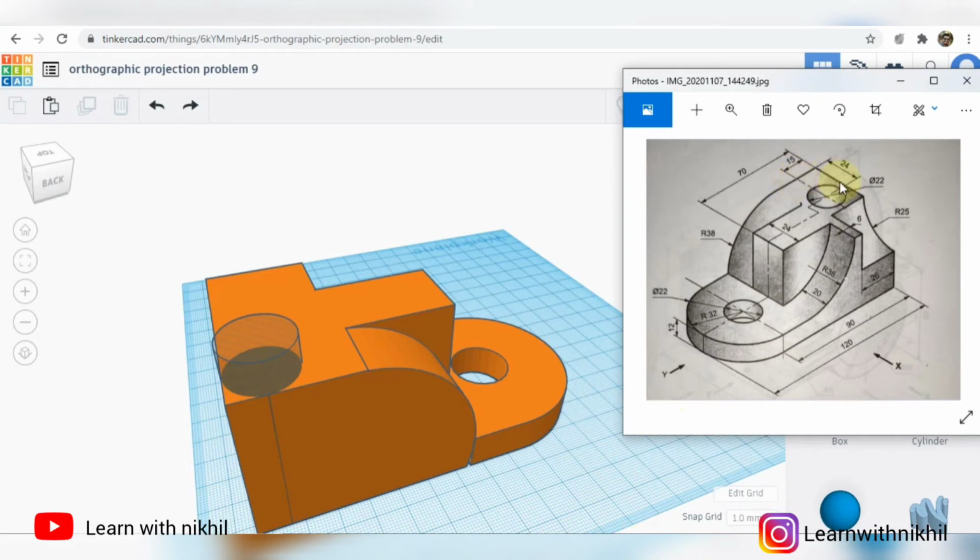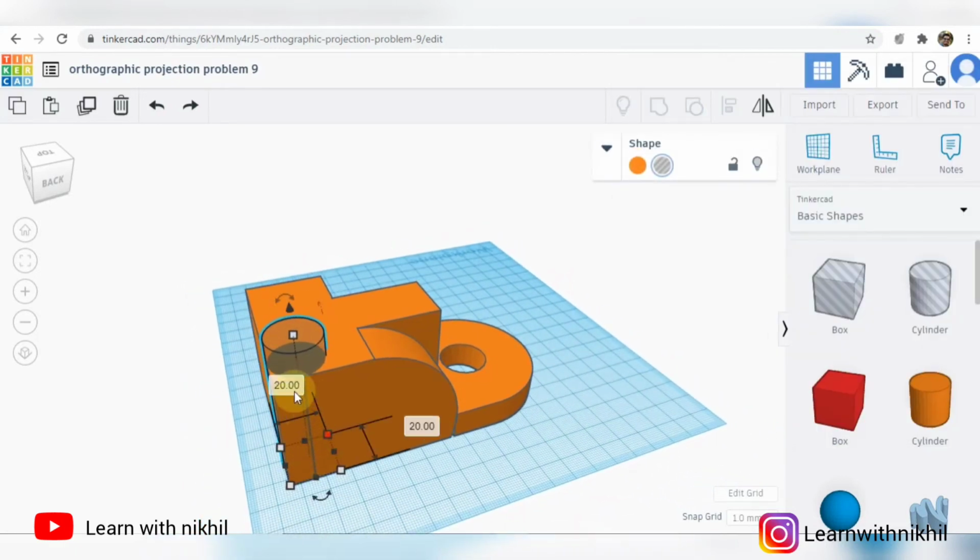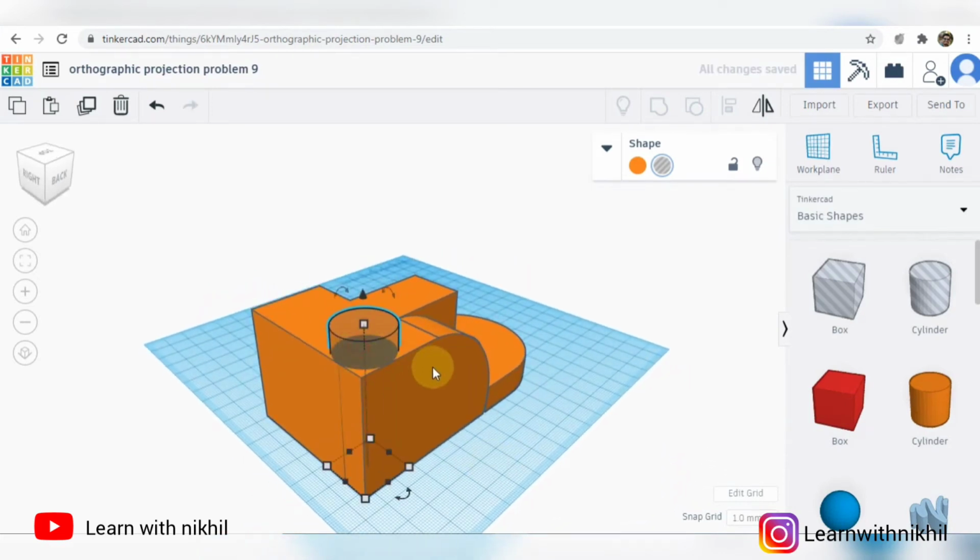So to find this small distance, we will just calculate 15 minus the radius of this circle. Now the radius of this circle is 11. Just realign it again.